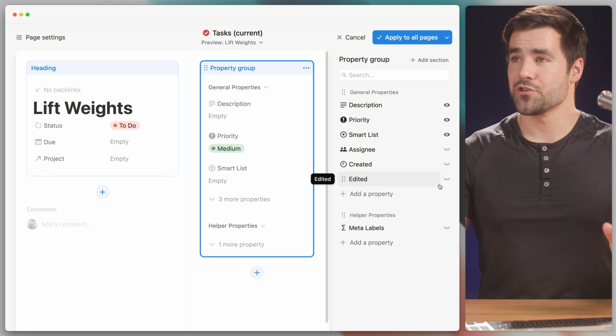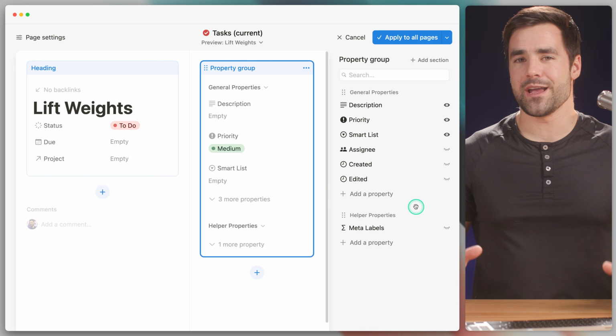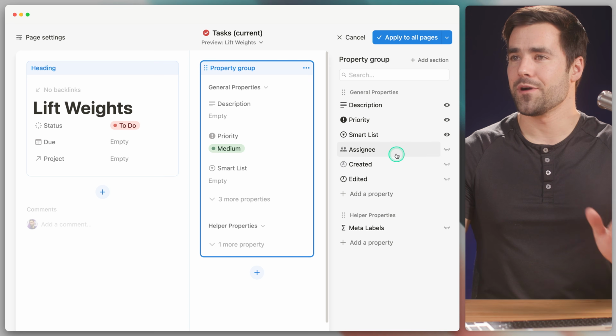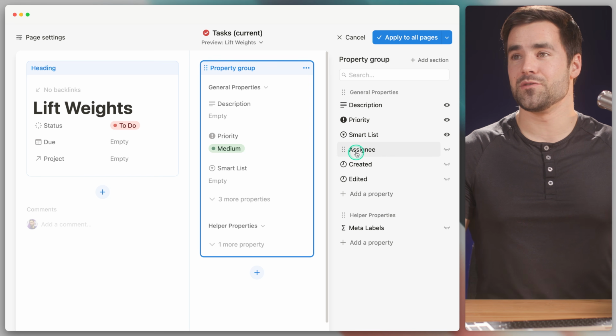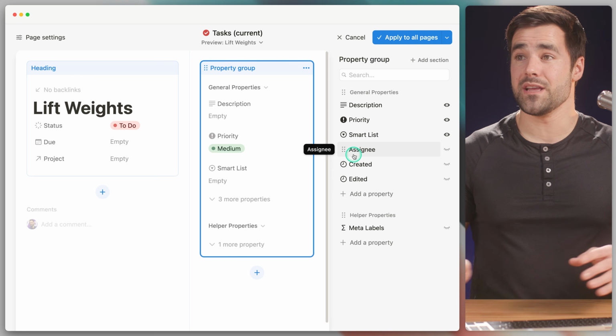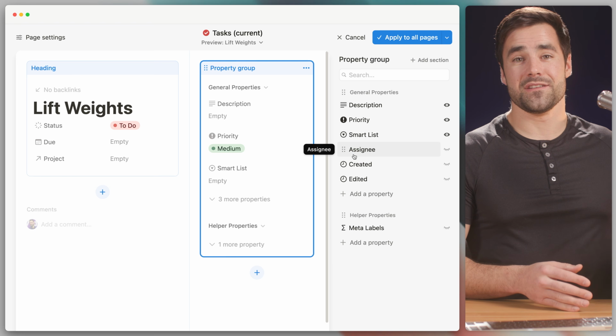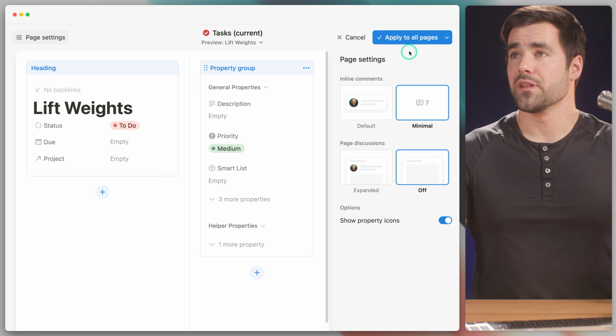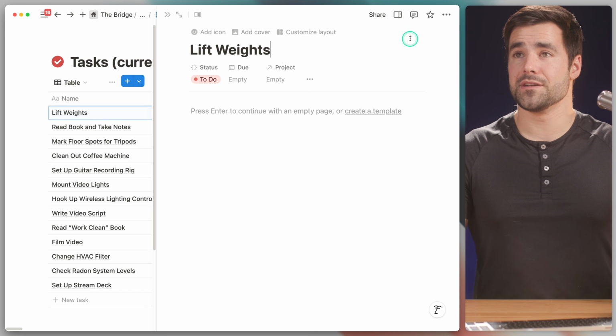But for now, we're trying to keep this simple, and I'm trying to make this a great course for individual users. So we're going to hide that assignee property. We do need it to exist, though, for this tasks database to be a task database in the Notion home sense. Okay, so let's go ahead and apply this to all pages and move on to the next part of